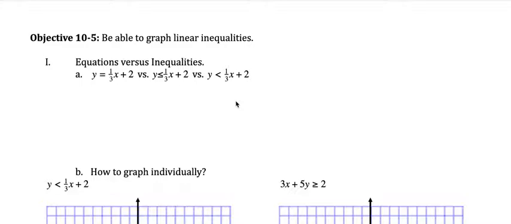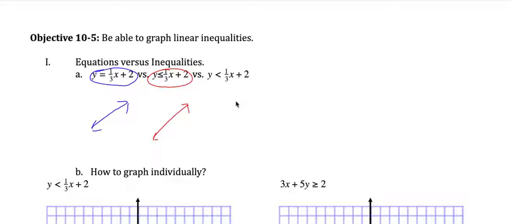Think about each of these. When you graph this, and you can probably remember how to graph it, you're graphing a line, right? And that line represents every single solution to that equation. Where it gets really awkward is when you're graphing here. You're going to graph that same line, but that only gives you the solutions to y equals 1/3 x plus 2,